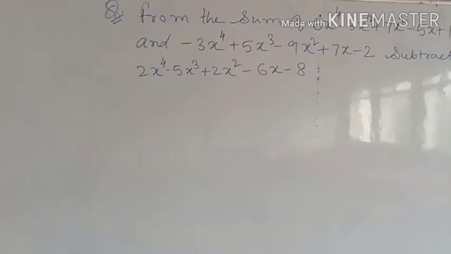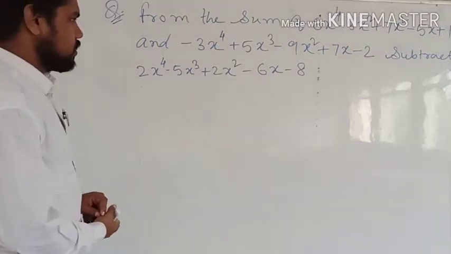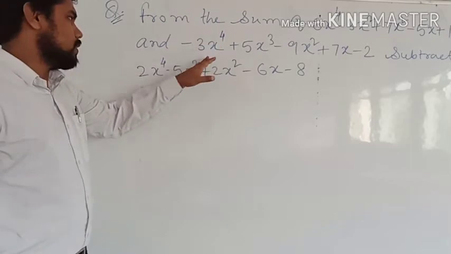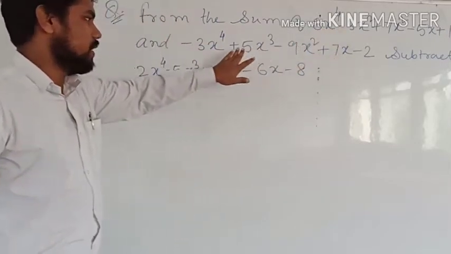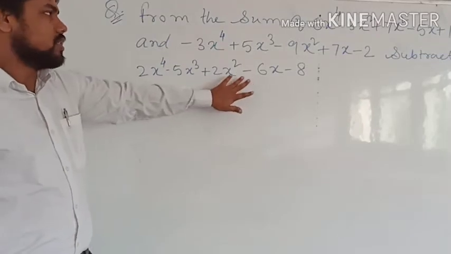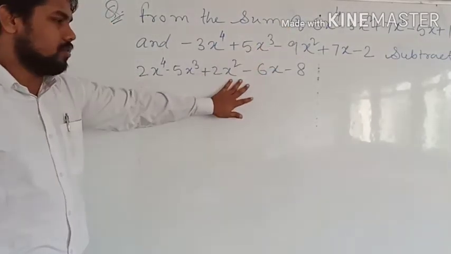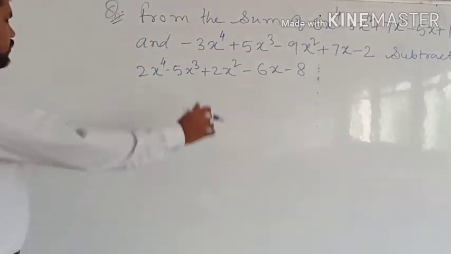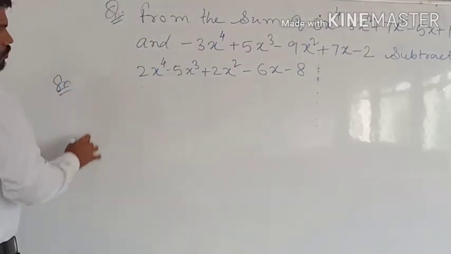So next question we will see two operations together. Why? Because here it is asking from the sum of this and this. First you have to find the sum of this and this, and then you have to subtract this much. इसका जो sum होगा उससे इसको हम लोग को subtract करना है. तो let us find out the sum first. Okay. So sum of these two terms.